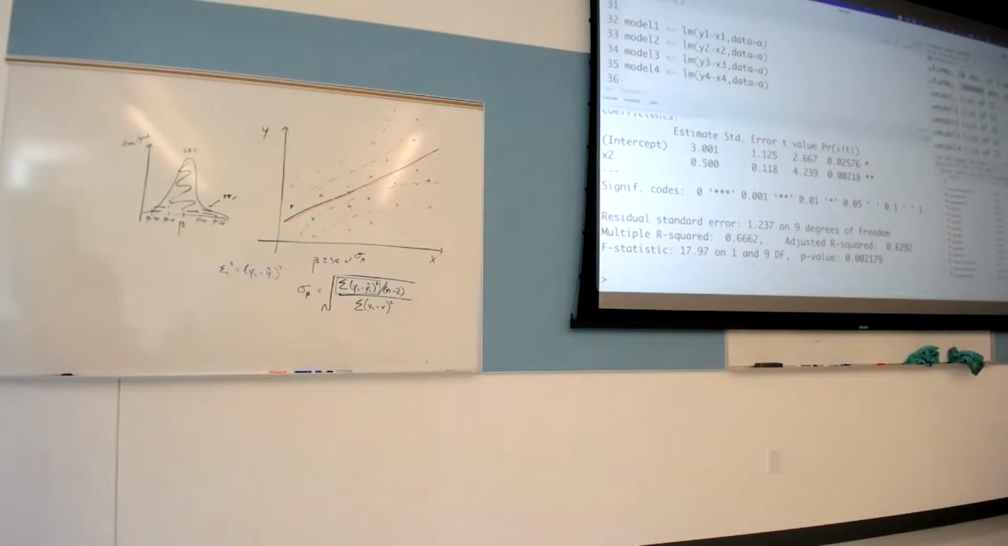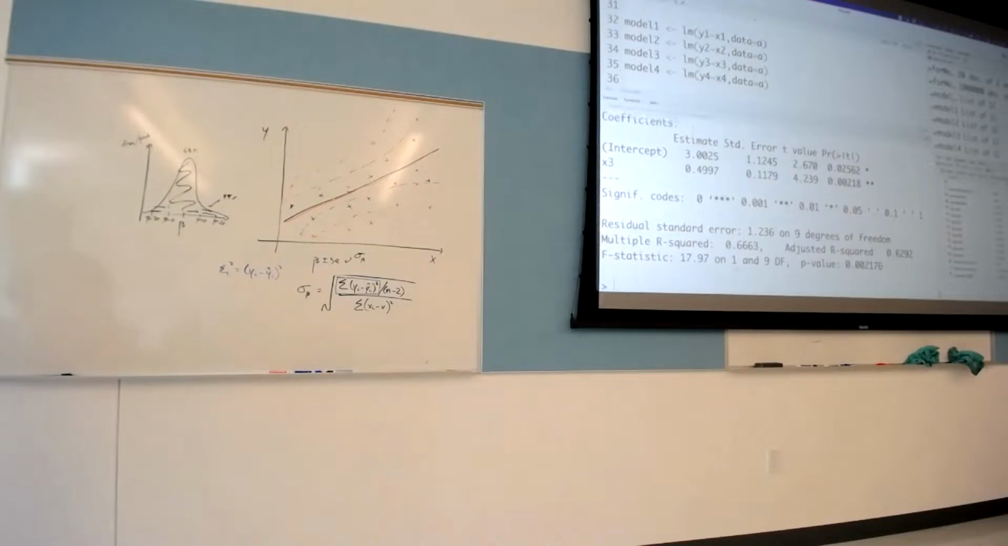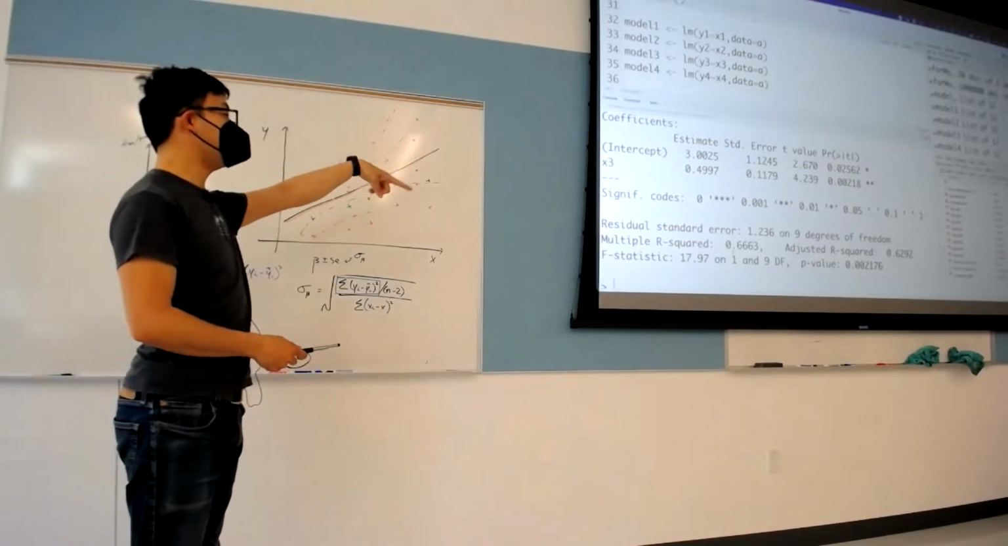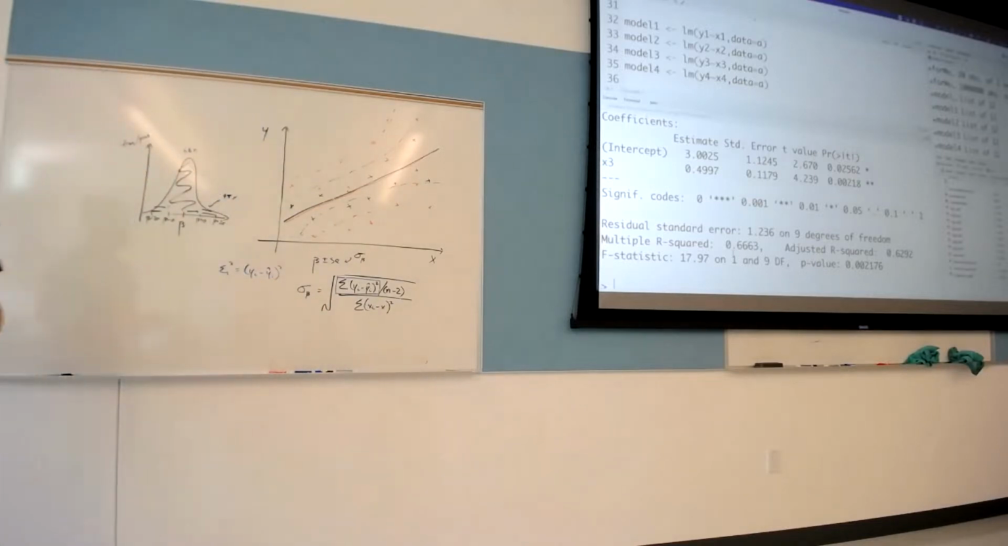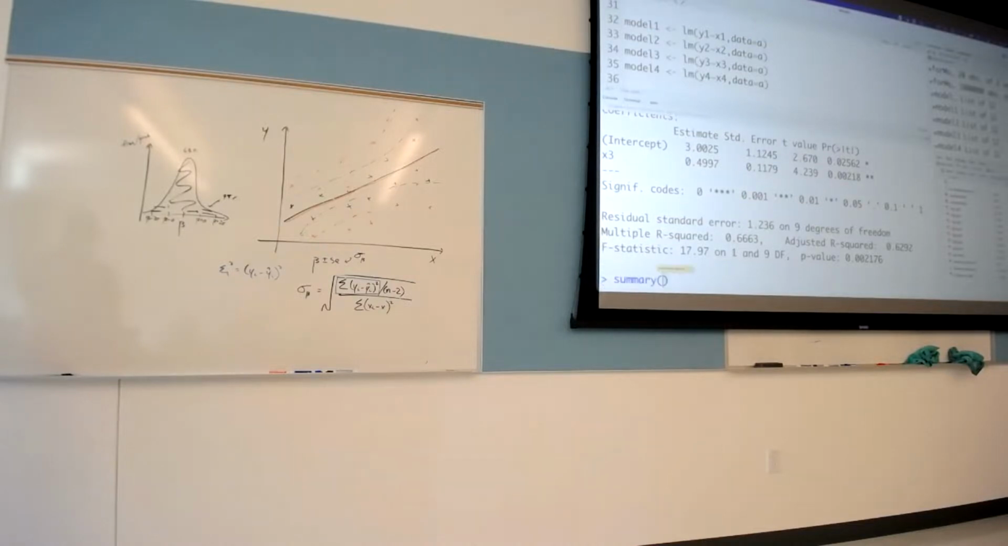Okay. What about model 3? Maybe you guys can see where this is going. Summary model 3. Okay. Also pretty close. R squared of 0.67. Okay. And lastly, model 4. Basically the same. Okay,